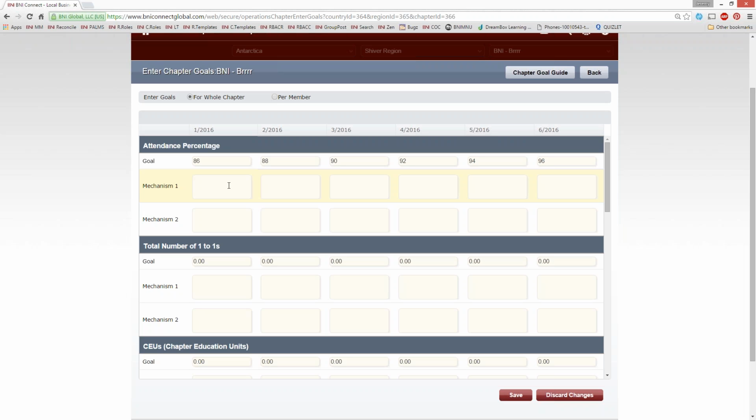So looking at that, the mechanisms, what are the mechanisms? The mechanisms are your reminders of what am I going to do that month to support those goals. They could be something as simple as having the education coordinator do an education moment at the chapter meeting supporting this goal. So maybe this first month, in February, I want to make sure that we do an educational moment, I'm just going to abbreviate that as EM, about, let's say, the importance of attendance.